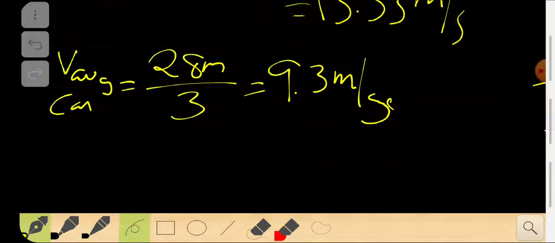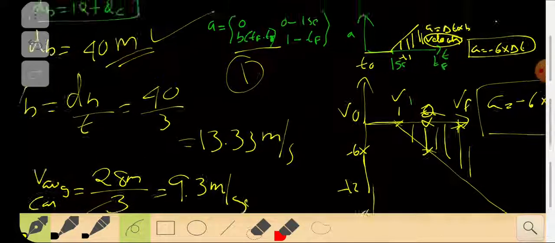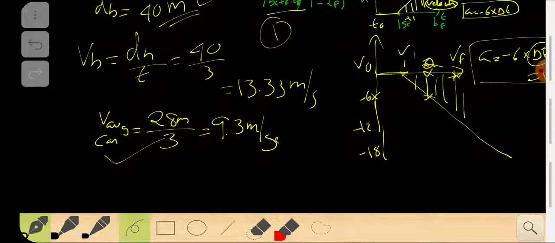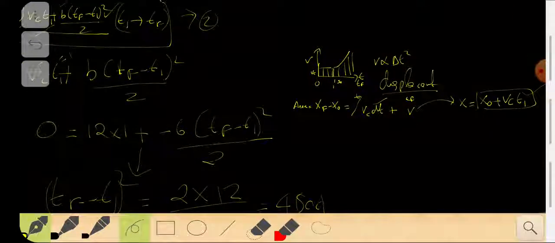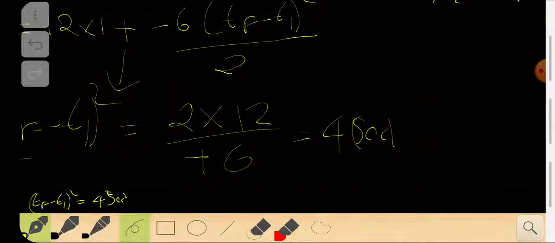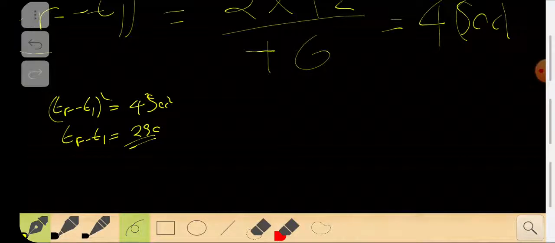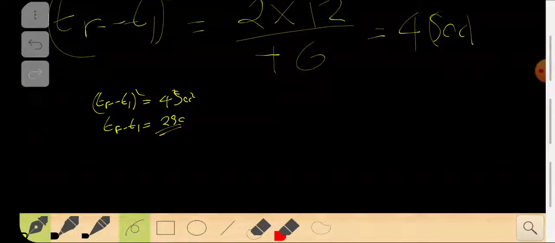Now that's all we need to find out. We got everything that we have questioned. We found out the velocity of the car, the average velocity of the car, the velocity of the bicycle. We found out the equations for motion, the equations of position, velocity, and acceleration. We devised them. We found out the total time for this whole thing. I hope you got a clear idea about the one dimensional equations, how to handle them, how to do actual problems.